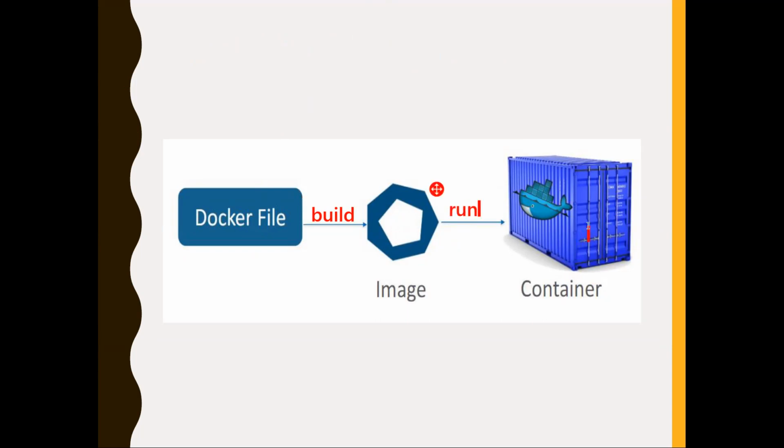You can imagine a container like a physical container in the transportation world. You'll have containers, right? You'll put everything, like all the goods, all the groceries, huge amount of items, and just ship the container. Same is the case. You put your application, the dependencies, whatever the application needs, and share this container, ship the container to other teams. It's like a zip file basically. You can imagine it like a zip file, but this is not a zip file. Image is like a static zip file, correct. Container is a running instance.